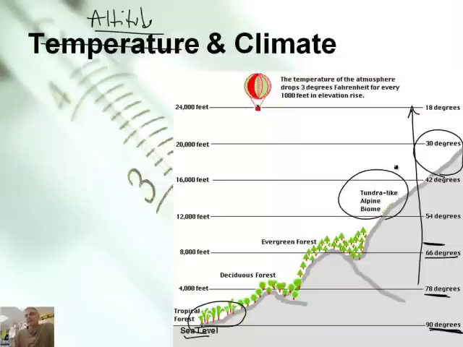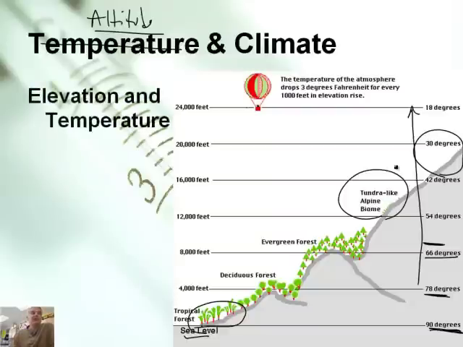And we're not going to get into details of all the different climatic zones, although they're very cool, but we will